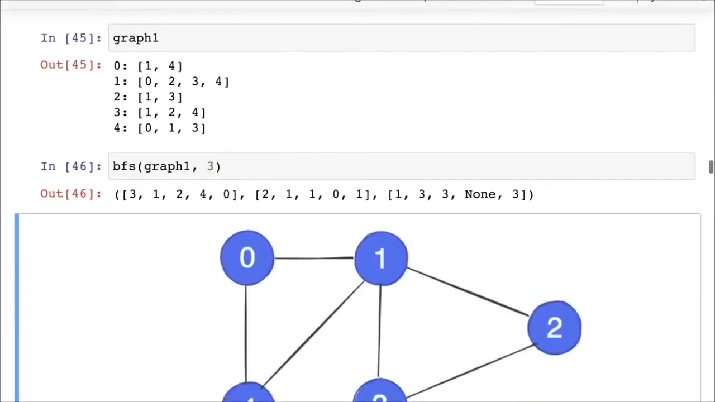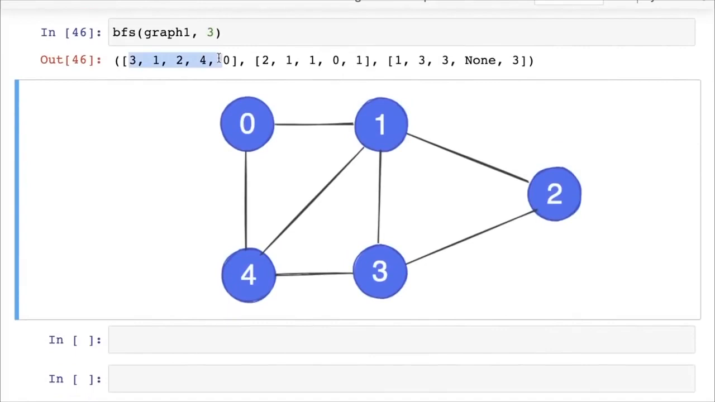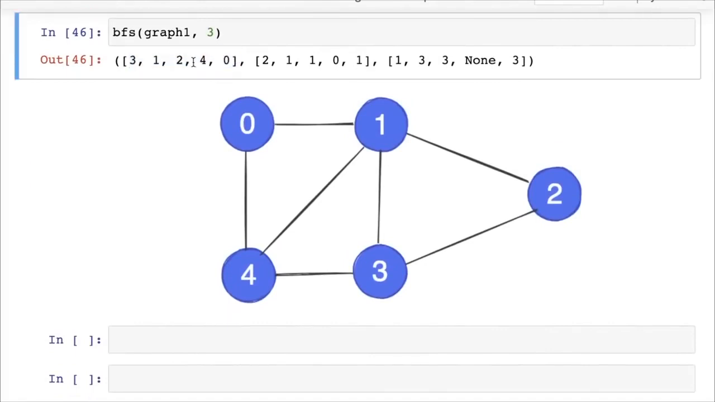So let's see if that works. Okay, so it seems like now we have this is the order in which the nodes are being visited. So you can see that 3 is the